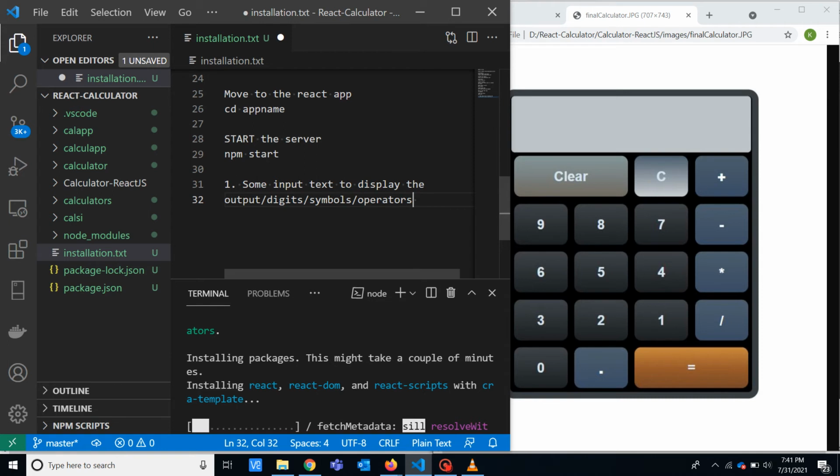We need to have some text box, right? We need to display all the numbers and everything somewhere, right? So that is the one thing. And second thing is we need to have buttons for the calculator, right? We need to have buttons, right? Still it is taking some time. We need to have the buttons and we need to use it in,